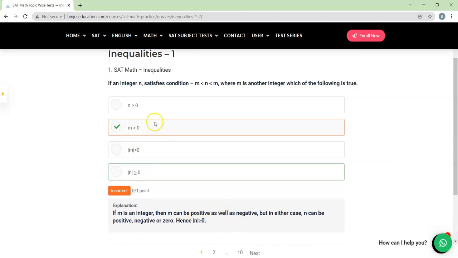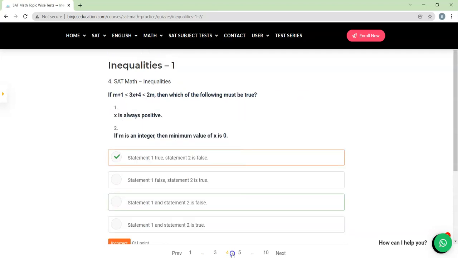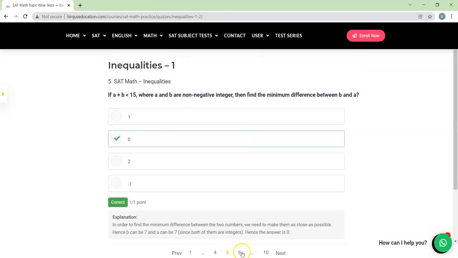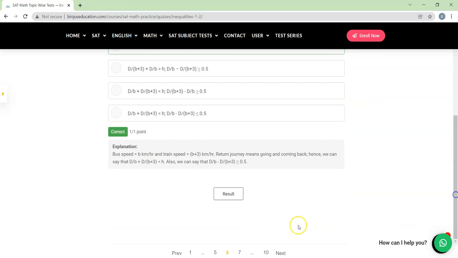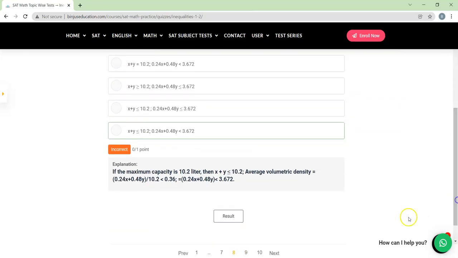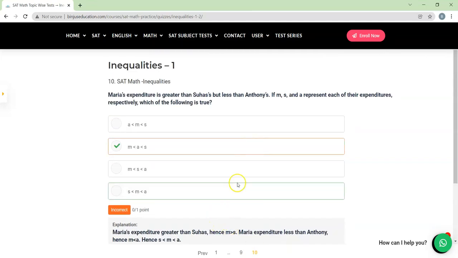So you're going to click on review, and you can see that I have also provided the explanation part. So the B option was incorrect, D was correct. Why was it correct? I have given you an explanation also, and that's actually applicable for all the questions. That's the best part about this test series. You will have an idea of where you went wrong and how you were supposed to solve the question.